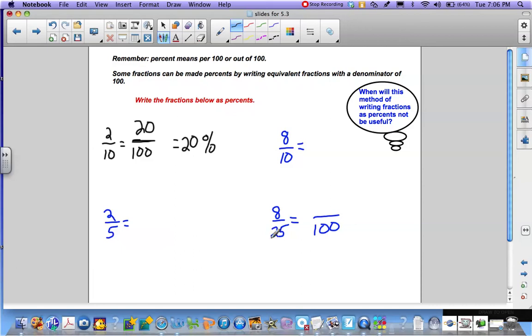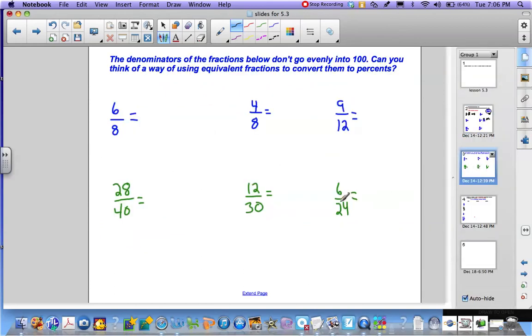Okay, down here, 8/25ths, we're going to write an equivalent fraction. 25 times 4 is 100. 8 times 4 is 32. 32 hundredths is 32%. So if your fraction goes evenly into 100, writing equivalent fractions and then percents is a great way. Okay, now sometimes your denominator won't go evenly into 100, but you might be able to reduce the